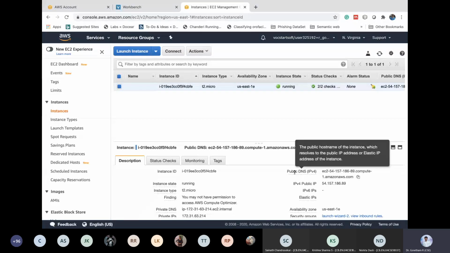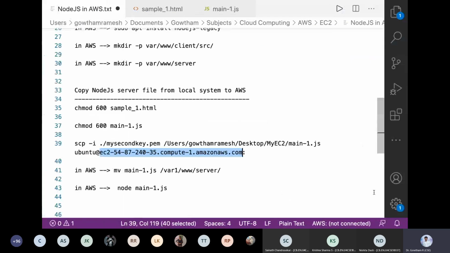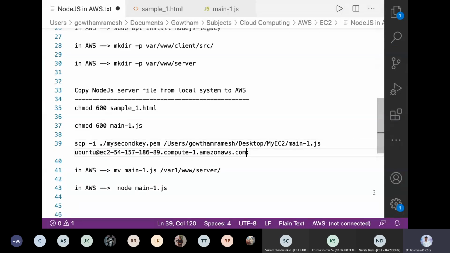Whatever is there in the public DNS IPv4, copy the entire thing. This is supposed to be the address of the server. Copy this, go back to the place and replace this with the new address of the EC2.